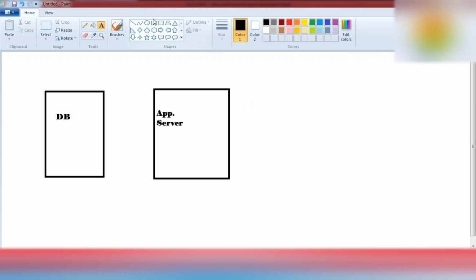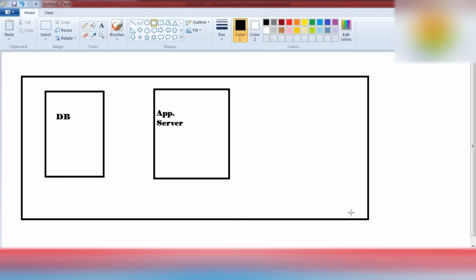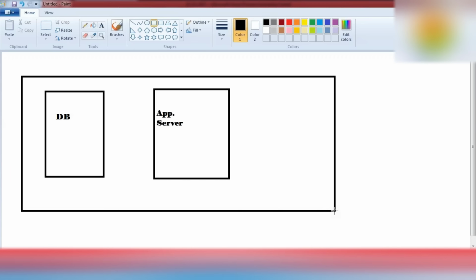All of this, our R3 architectural design, runs under an intranet system. So what is intranet?